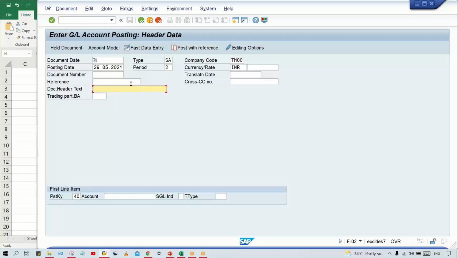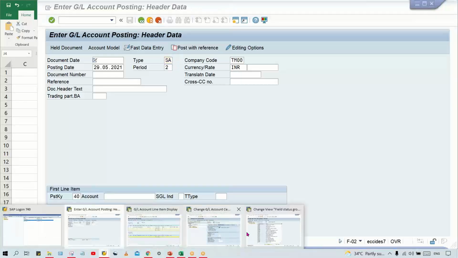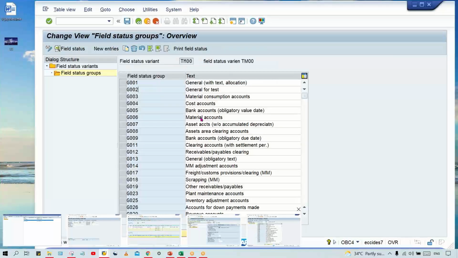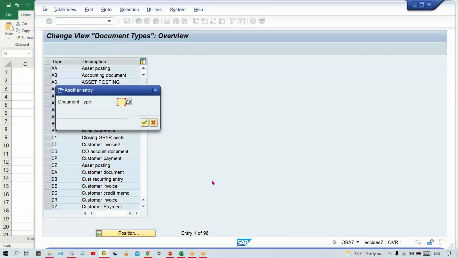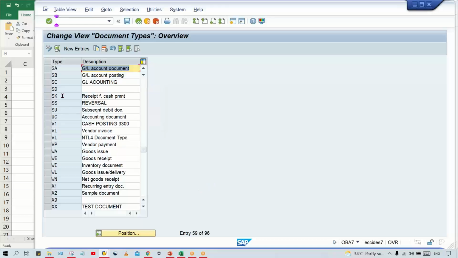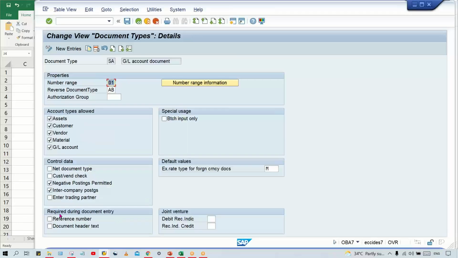Now let's suppose you post a transaction, and your client says make this header text a required entry. Then where is the control? First of all, you see against which document type the transaction is going to be posted. Then you have to go to the document type. What is the transaction code? Okay, OBA7. Here in OBA7, what you have to do, guys, go to OBA7 and click on position and give your document type SA. And against the SA document type, now you can make this document header text a required entry. If you save it,